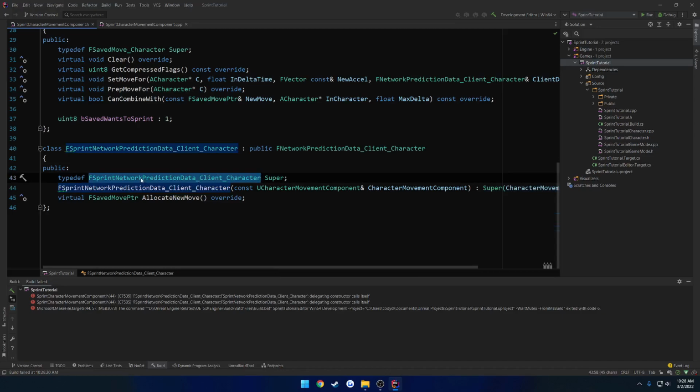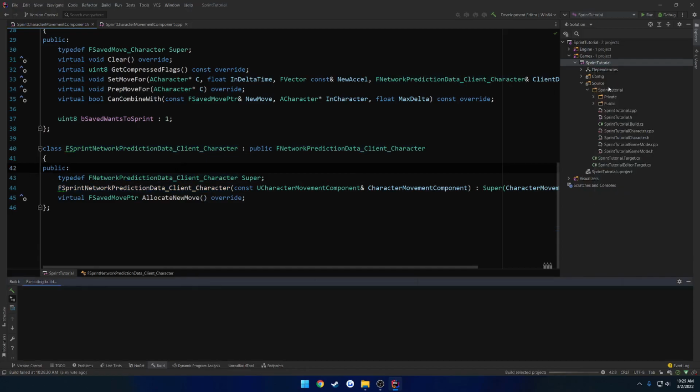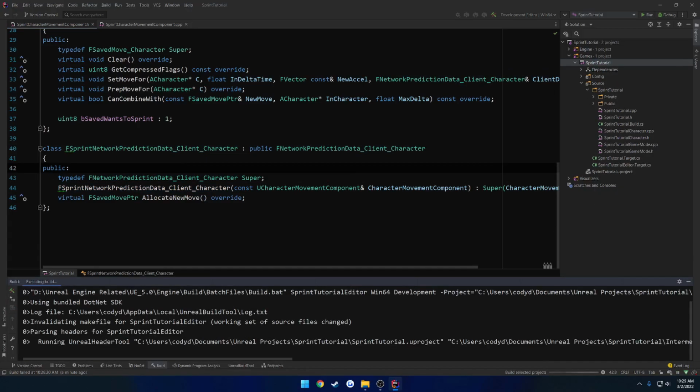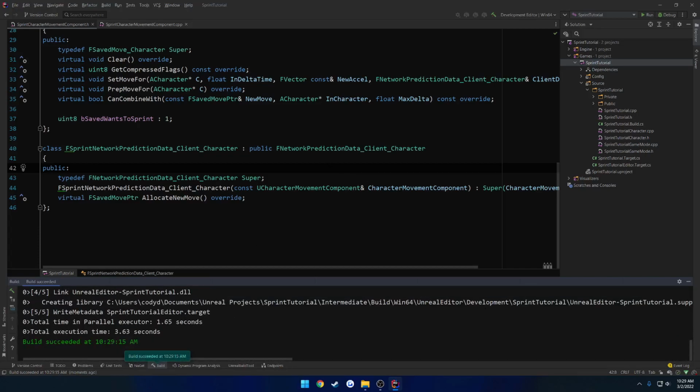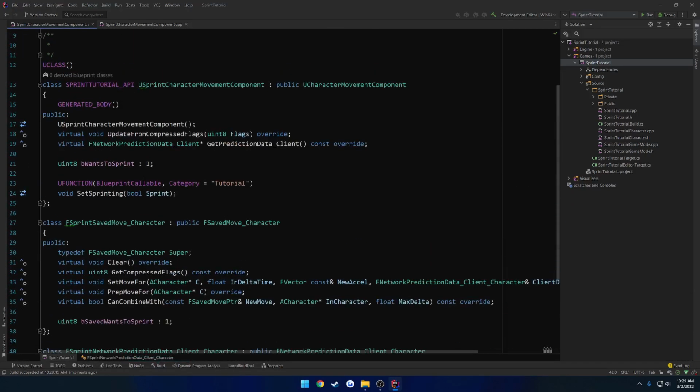We're not actually calling anything in response to the parent. So we're going to do FNetworkPredictionData_Client_Character and replace it over top of FSprintNetworkPredictionData_Client_Character. So that way we should be calling the parent instead. So now let's go ahead and build, and we should be good to go. Okay, seems like we're okay. We have our